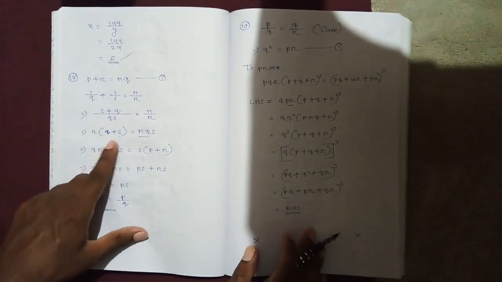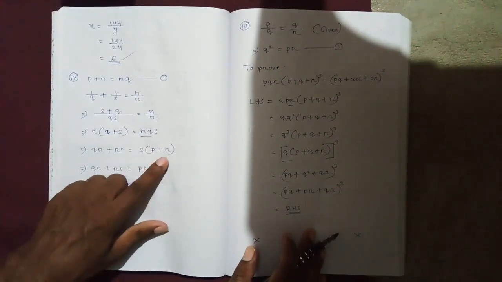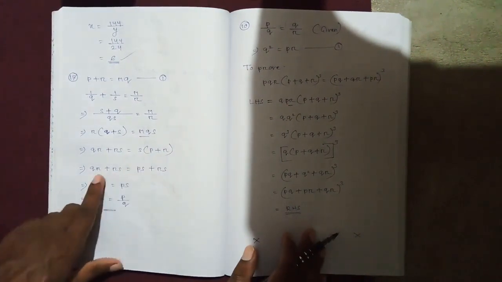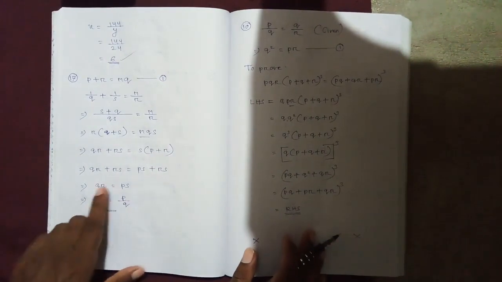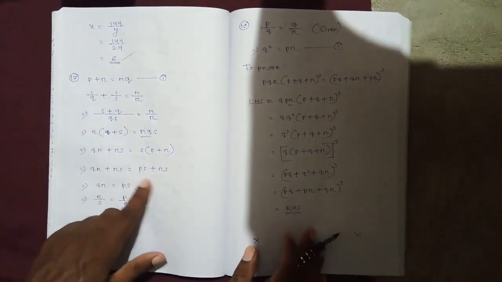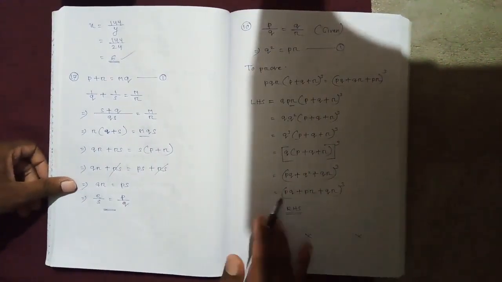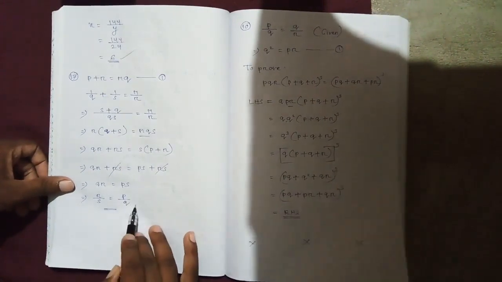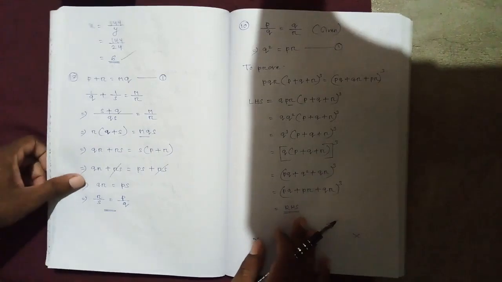On the left hand side open the bracket: QR plus RS is equal to, in place of MQ put P plus R, then S. Again open the bracket, on the right hand side we will get PS plus RS. So QR plus RS is equal to PS plus RS. RS cancels, so we get QR is equal to PS, or R by S is equal to P by Q. Hence proved P by Q equal to R by S, so they are in proportion.